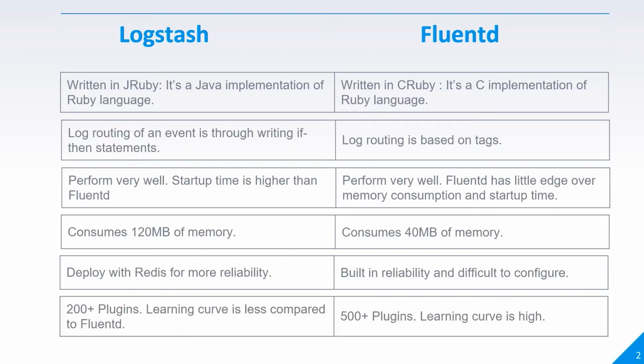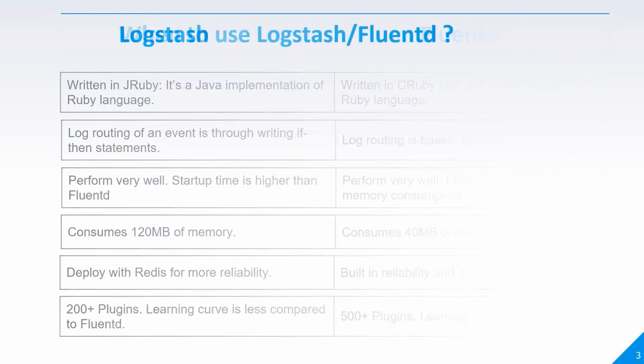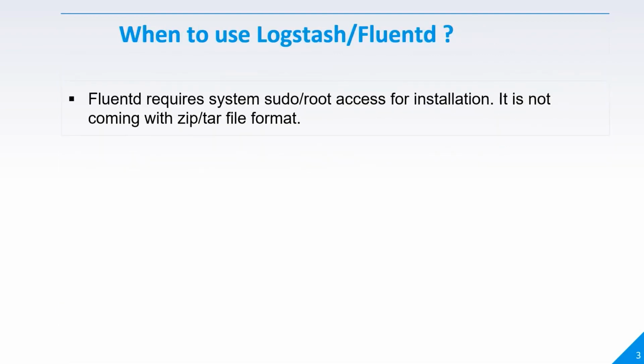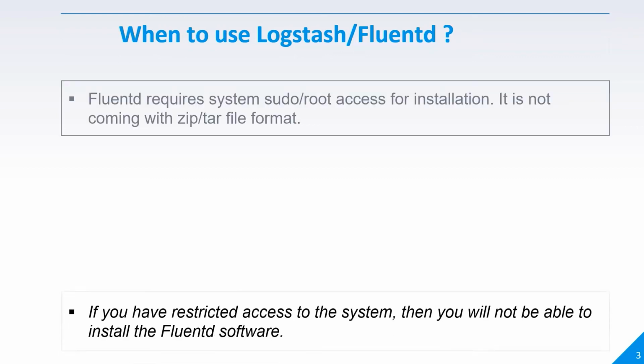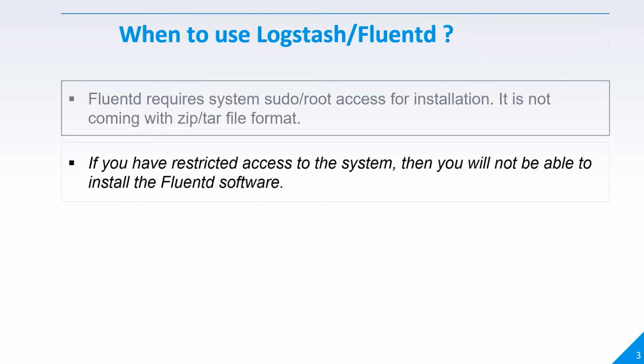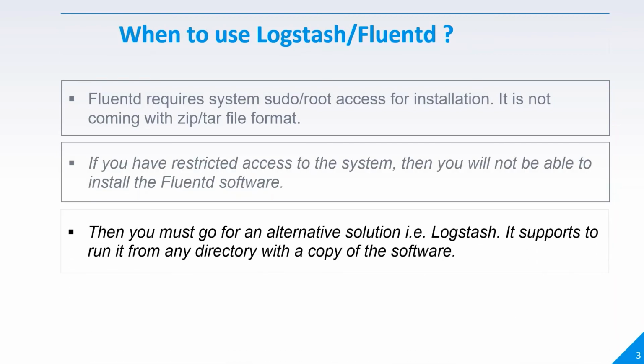Let's go there. Fluentd requires system root access or sudo access for installation. It is not coming in zip or tar file format. So in some of the systems, you have a limitation where you cannot install any software. In that case, you cannot use Fluentd. Then you have an option of using Logstash because it supports just copy and paste the software and run anywhere on